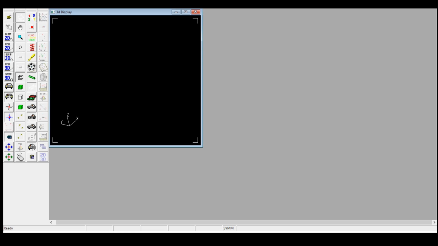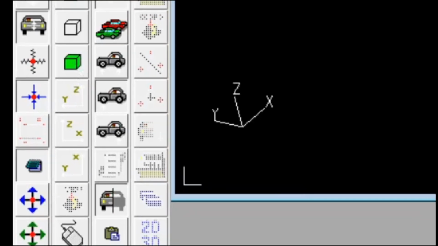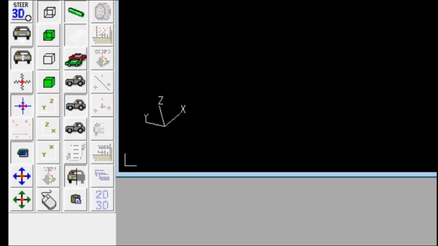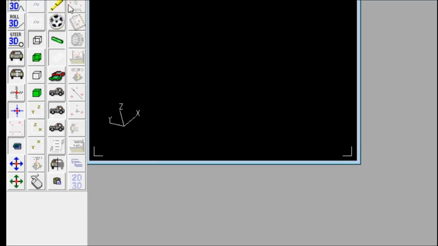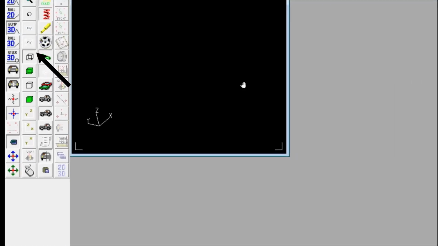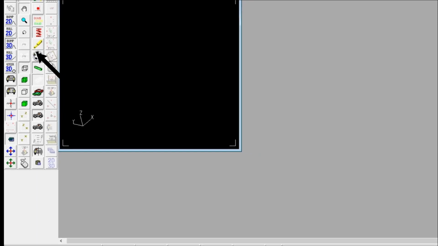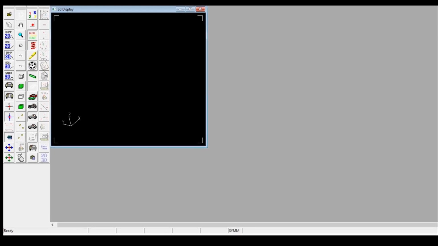Okay guys, let us move forward into the suspension analysis. I am going to explain the toolbar given here. Different tools are given here. This one is the tool for assigning the spring to the suspension, and this one is a tool for assigning the damper to the suspension.